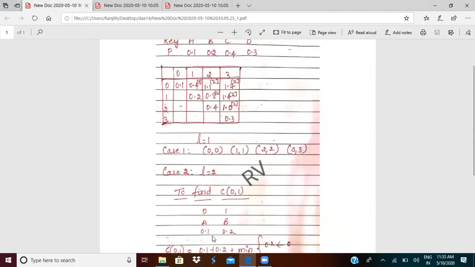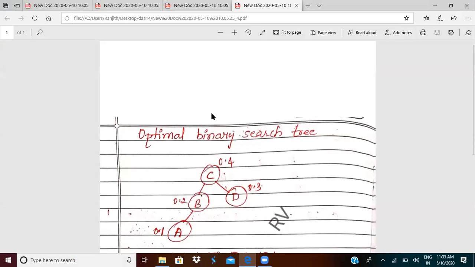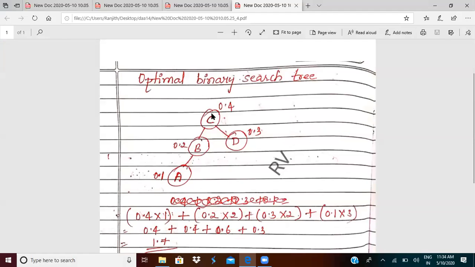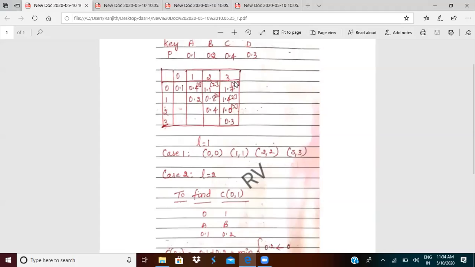Now in the next step, I need to construct the optimal binary search tree. How will I construct it? Now look into this table. Take this final diagonal value. This will be the total number of searches required to search for a particular element in the tree. 1.7 is the optimal value. Whatever subscript that optimal value has, you take that subscript value. The subscript value is 2, right?